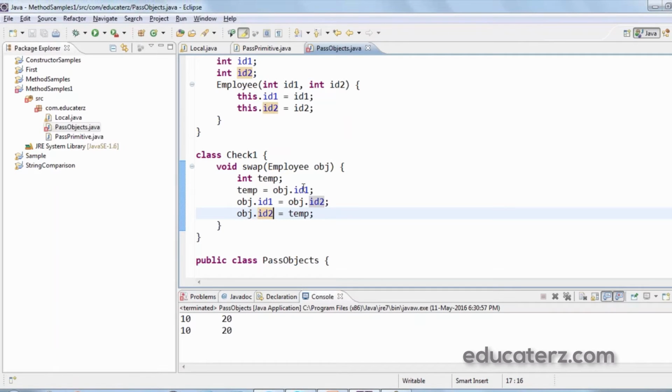So the id values within the same object got interchanged within the swap method.